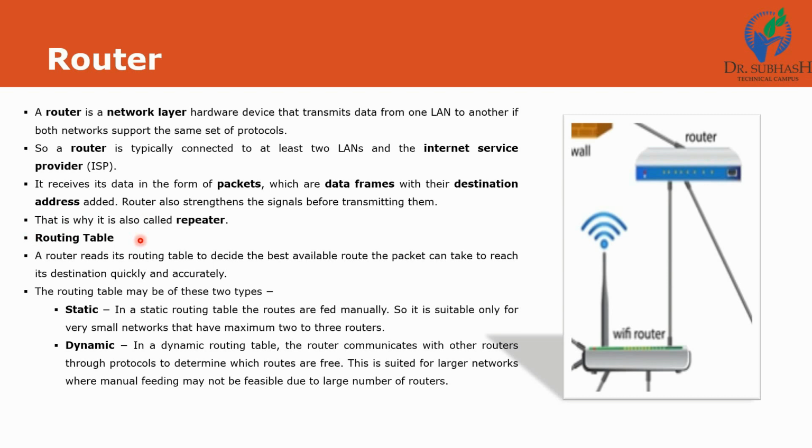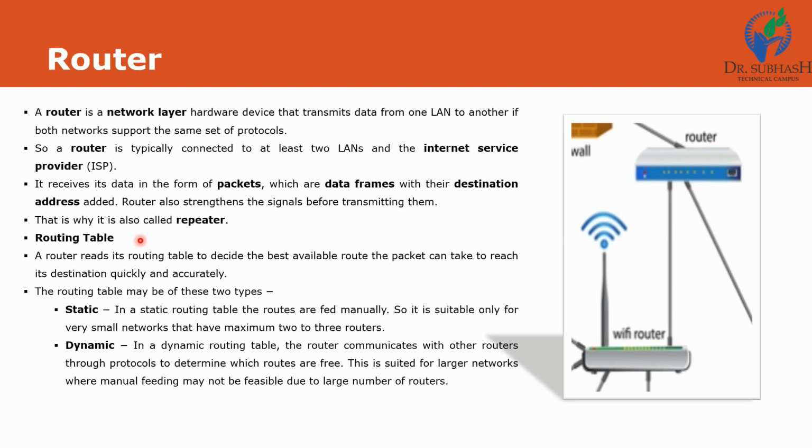Now see here, I want to clear one example. If we have multiple networks, say for example network A and network B. Network A has 10 computers, and in the same way network B has 10 computers. Computer number 5 wants to communicate with computer number 8 of network B. Then there are so many different paths available to reach from network A's computer 5 to network B's computer 8.